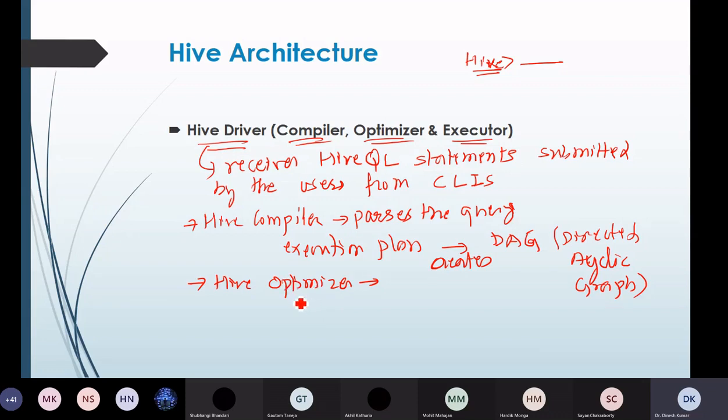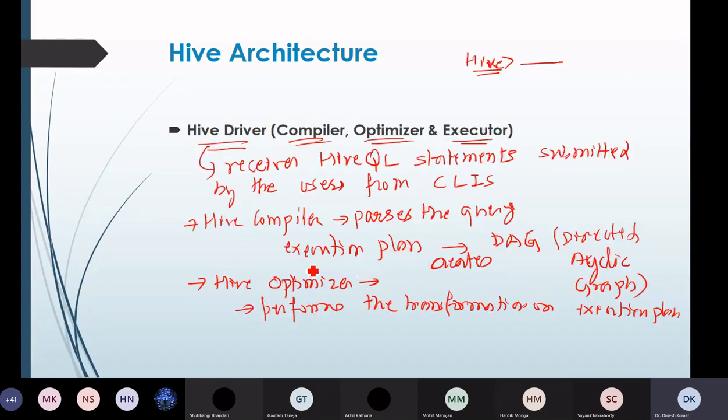The name also suggests that it is going to optimize things, so it performs transformation operations on the execution plan generated by the compiler, and then splits the task into parts to improve efficiency and scalability.